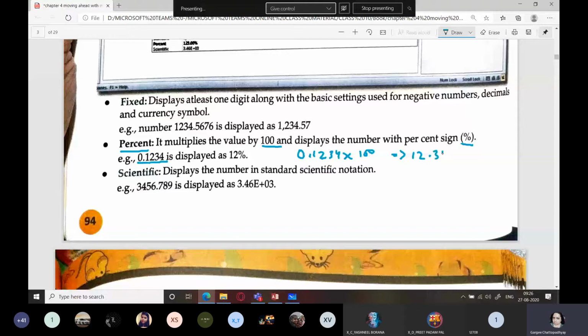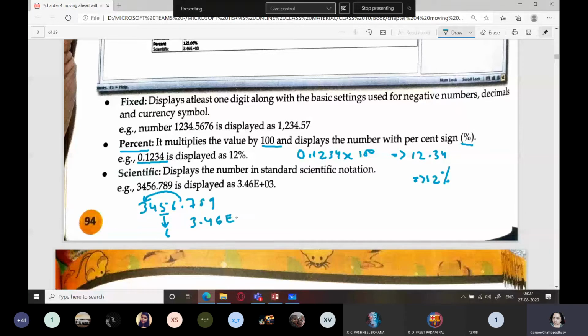Okay. Similarly, next you have scientific notation. I already explained how scientific notation works. 3456.789 is there. So this point will be shifted over here. So it will be 3.4 and this 5 will be rounded to 6 because after this we have a 6. E, that is into 10 raised to the power.